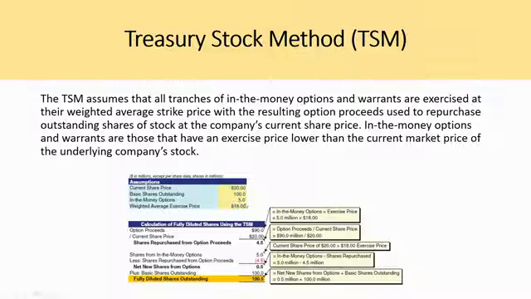So if you were to sell these options, from the company's perspective, if you were to sell these 5 options at this price, the company would receive $90, right? And if you divide that by the current share price, the current market value of those options, and the assumption is with the treasury stock method that the company, okay,